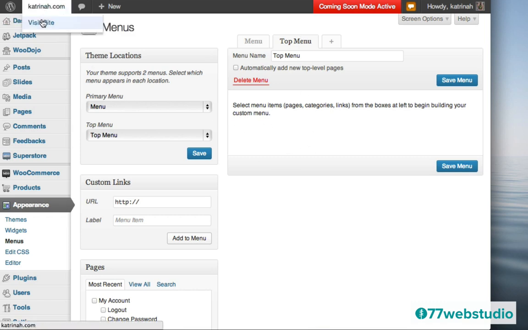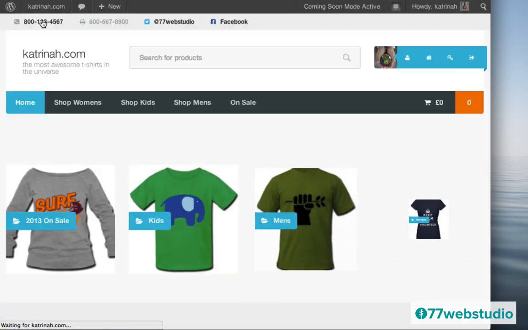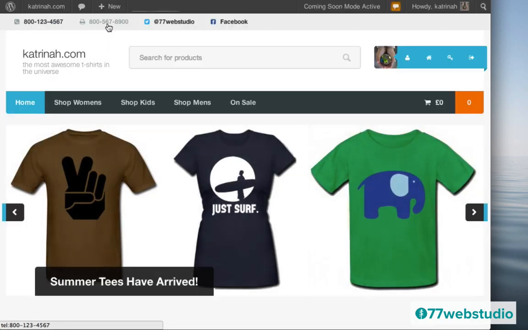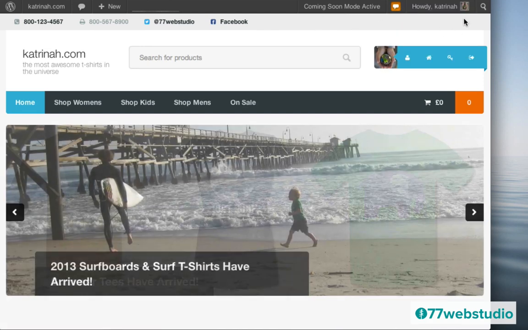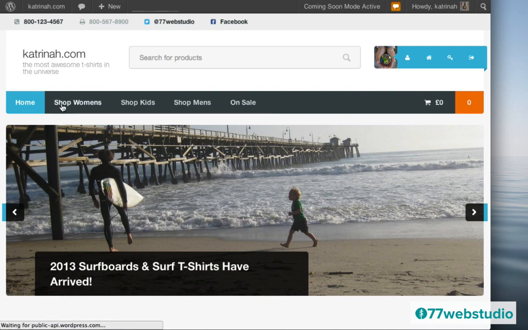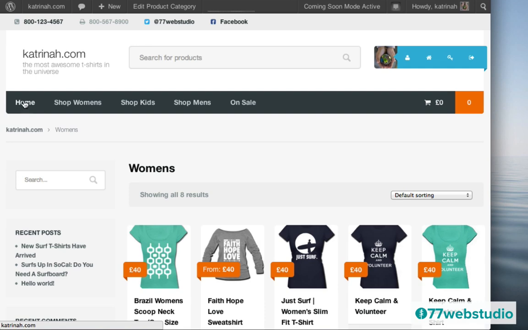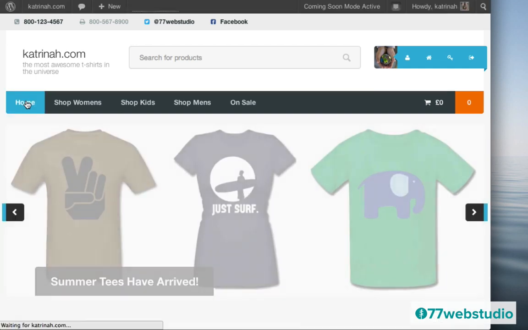So when I go to the top and click on Visit Site, now we see we do have our top row showing up right here, but there are no extra pages, so we need to add a few pages right here. And then you do see that now the menu is looking pretty nice too. I have my different menu items right here. So I'm going to go back to home. So let's go ahead and create some pages.